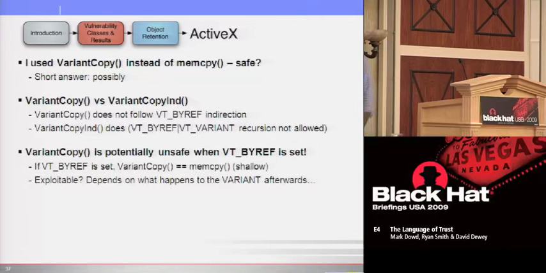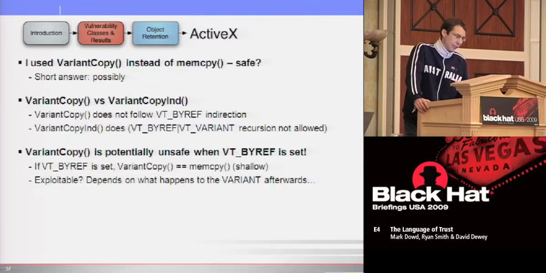Okay, so one interesting thing to note is that you just assume, okay, I'll just use variant copy instead and that's safe. And that's possibly true, but not necessarily. So in the Microsoft variant APIs, they actually distinguish between two different structures, the variant structure and the variant arg